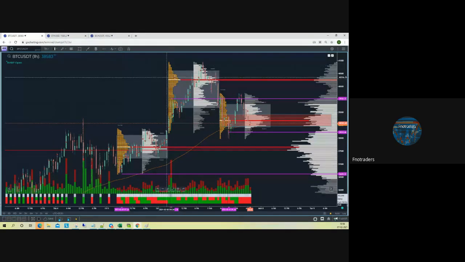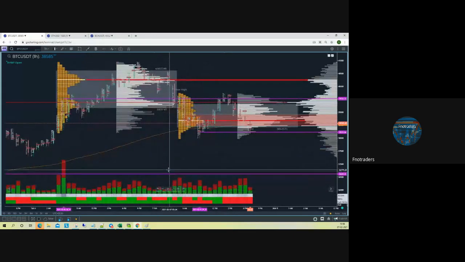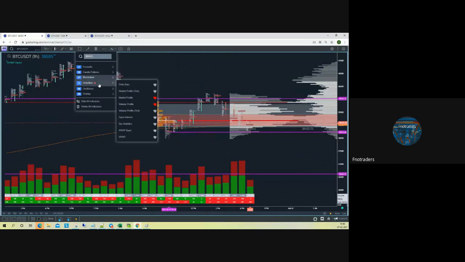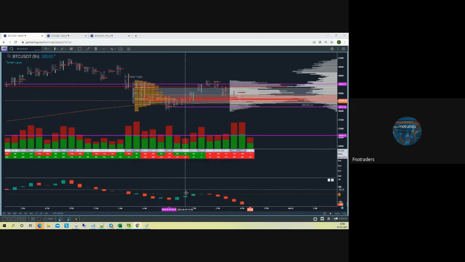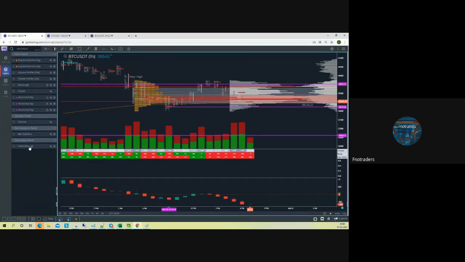Market profile view, and as I said, you have the cluster view, you have the bar stats, and you have the delta panel view, the delta view essentially. The other thing you might want to see is the delta bars, which is nothing but cumulative delta plotted as a candle. It could be cumulative, it could be standalone as well, just to get a visual context of how delta is reacting with respect to the price.